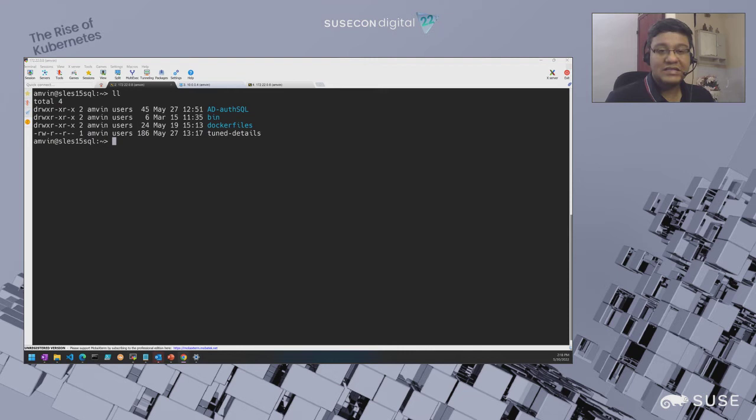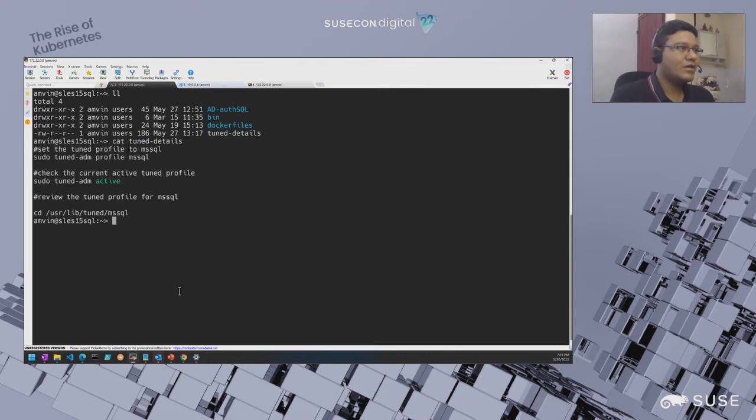Now, the steps to the installation of TuneD profile has already been provided in the reference slide that'll be shared with you. So you can go ahead and look there. But what I'm going to show you is quickly how easy it is to set up the TuneD profile, because as soon as you download the TuneD package, so let me go ahead and show this to you on the screen here. So if you see here, let me just open this TuneD details file. So if you see here, this is as easy. So if I want to set the current profile after the installation of TuneD, to set it to use MS SQL profile. So when you install TuneD, by default, the MS SQL profile also gets installed to it.